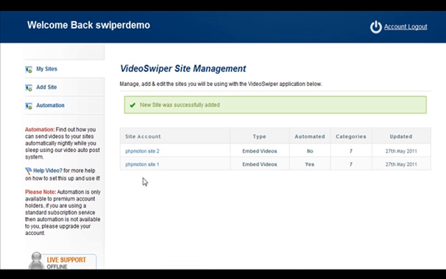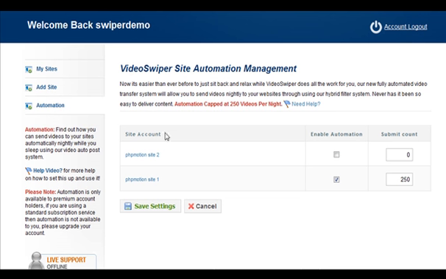Okay. Now we've got PHP Motion Site 1, PHP Motion Site 2. It's the same website, but it's different accounts. So what's going to happen is account name Charlie is this one, and account name David is this one. So that's two different usernames now set up for the same video website to send videos to every night on autopilot. We go back to automation again, and we set up for PHP Motion account 2, enable